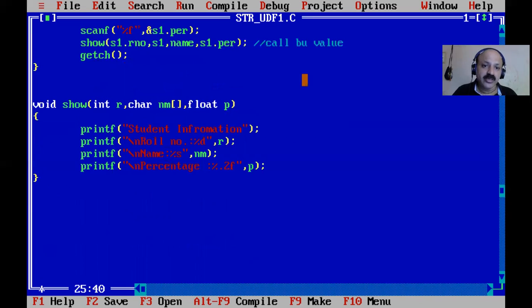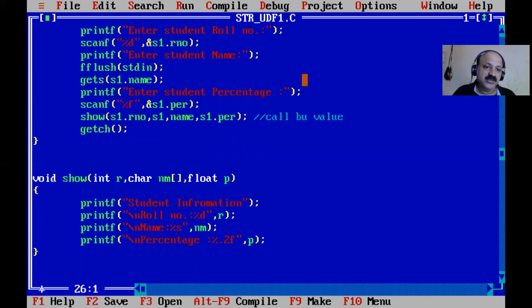But here we have the structure object, S1 dot roll number, and we have to pass it. The roll number is taken to r. Yes, call by value technique. The name is copied to nm of the 1D array, and the percentage is copied to p, so we can print r, nm and p. Same formatting symbols: percentage d for r as integer, percentage s because that is a 1D array string, and percentage dot 2f, so 2 decimal points.